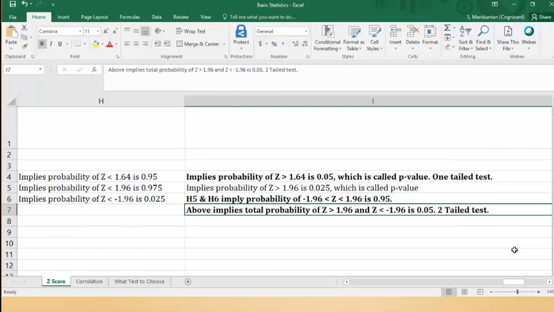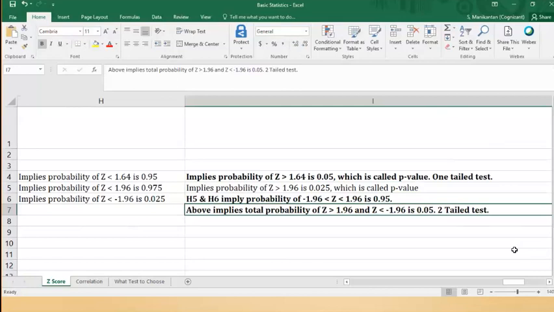Now when I say significantly different, it could be that the new employee has either a higher salary or a significantly lower salary than the mean. I have given an example of a new employee coming in with a salary of 60,000. It could very well be 40,000. So I just want to know if the new employee's salary is significantly different from the mean salary of the organization. So in this case, I choose a two-tailed test.